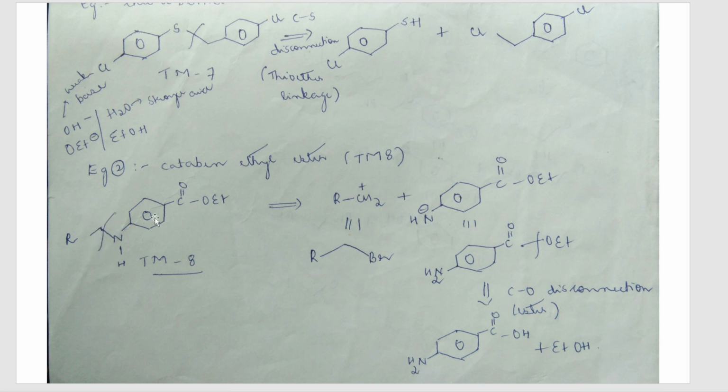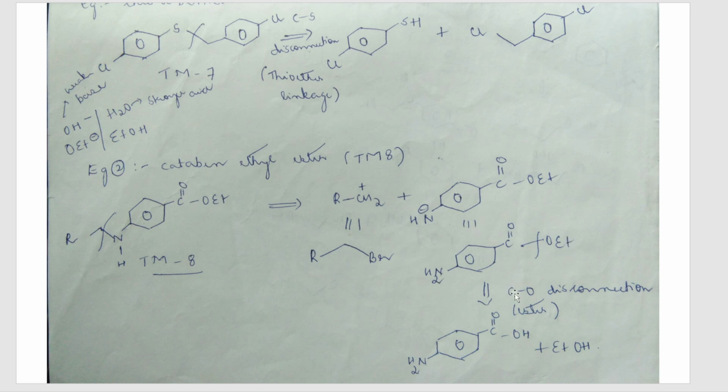So I've disconnected here. So what do I get? RCH2 plus is one of the synthons and NH minus, okay. So in order to get CH2 plus, what type of reagent will we add here? We already studied, if you add a halogen it is best. So I am adding bromine, which will go out as Br minus, and you will end up getting RCH2 plus. And what about here? Because you want a minus charge on nitrogen, it's better to add one more hydrogen. So these are the two synthetic equivalents. So this is guideline number 2. This I have simply written.